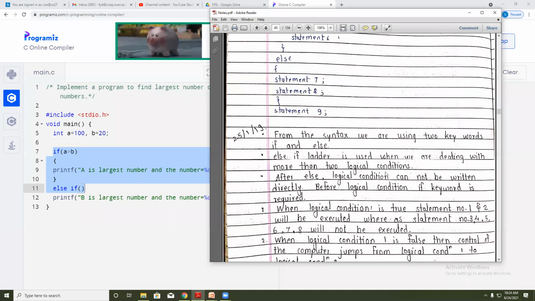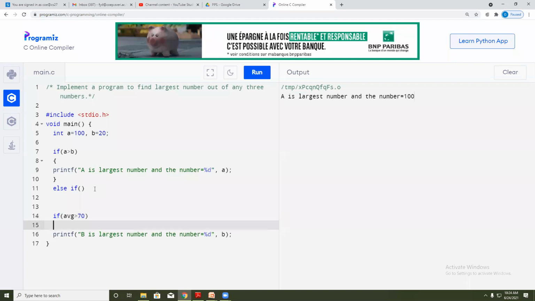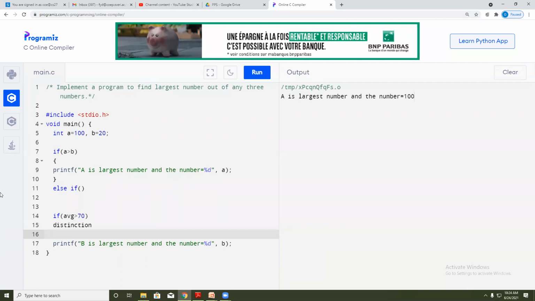See, when my average marks are greater than 70, this is a simple condition, right? When my average marks are greater than 70, I will print distinction. I will write it here. If average marks greater than 70, this is a simple condition. If this is true, it will print distinction. See, I'm not using the correct syntax. I'm not writing the full syntax here. Just for the time being, I'm just giving you the hints.